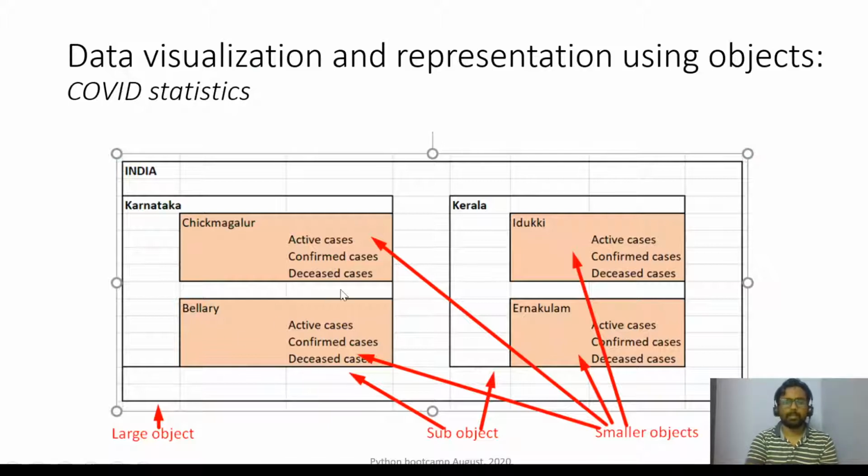All right. So if I want to get active cases in, say, Chikmagalur, and I just simply say active cases is equal to 50, we won't have any information such as